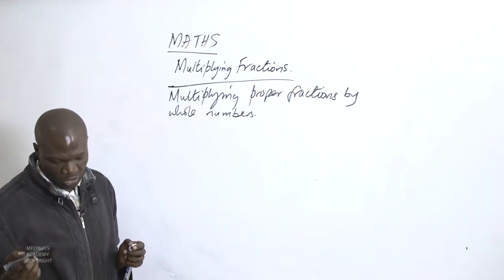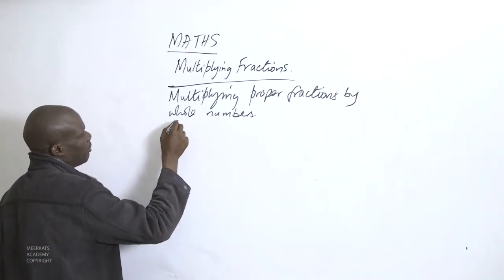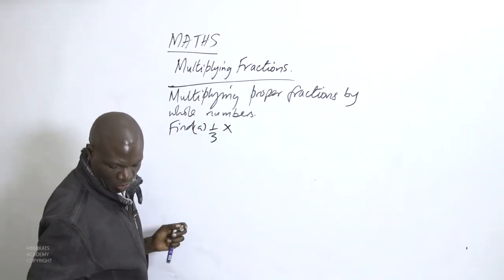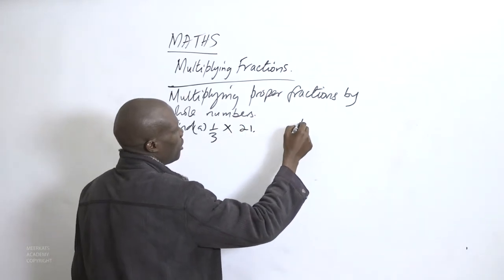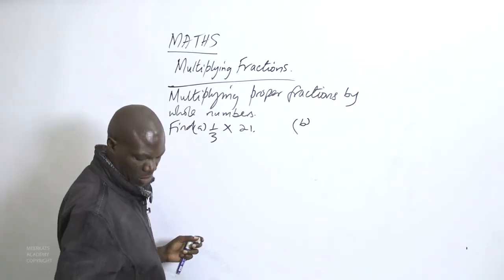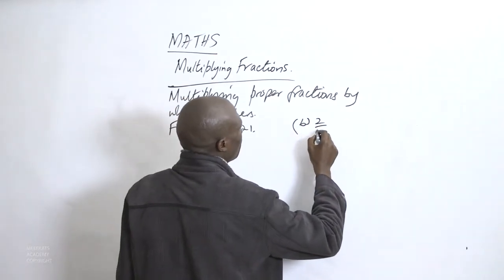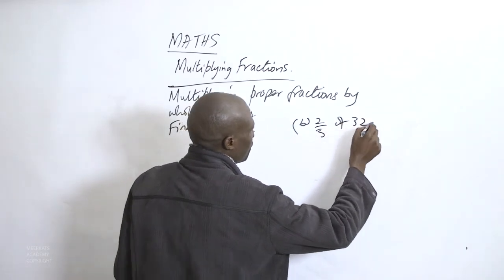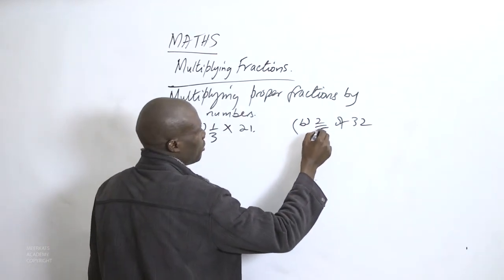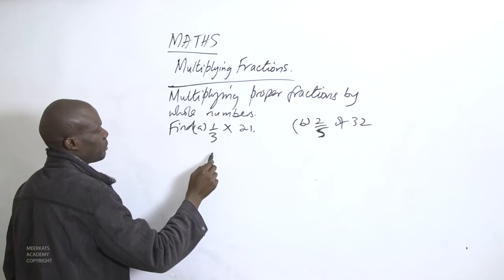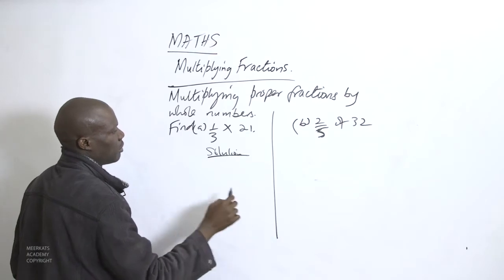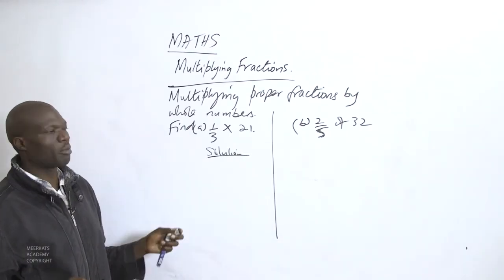Multiplying proper fractions by whole numbers. Let us see. Find A, 1 over 3 times 21, and B, 2 over 5 of 32. In our solution from the first one,